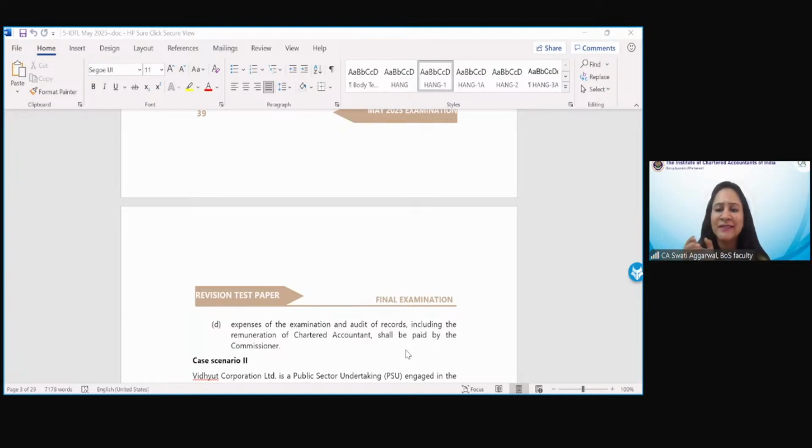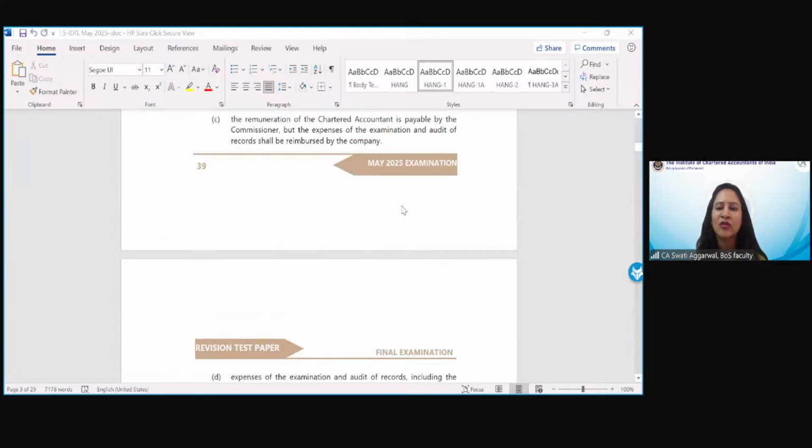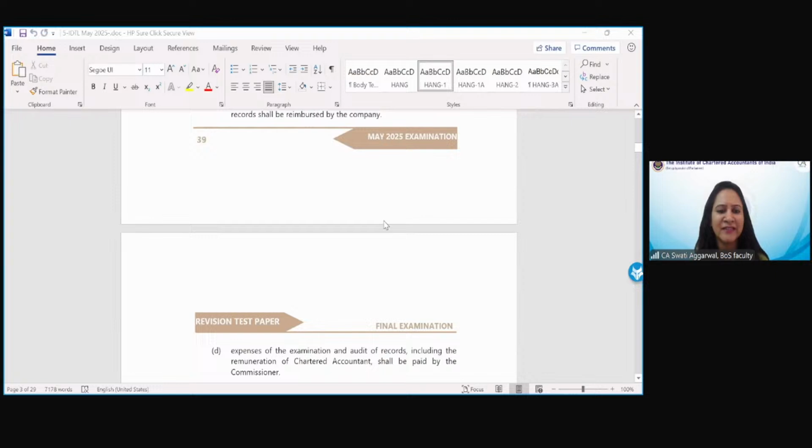It is why section 66 subsection 5 of the CGST Act 2017, which says the expenses of the examination, audit of records, including the remuneration of such CA or cost accountant shall be determined. Determine भी commissioner करेगा और pay भी commissioner ही करेगा. Expenses एग्जामिनेशन के, ऑडिट के, सीए की रेम्यूनरेशन, ये सब कुछ डिटरमिन भी कमिश्नर करेगा और पे भी कमिश्नर करेगा. सो द करेक्ट आंसर इज डी. So by now we have completed the case scenario 1.